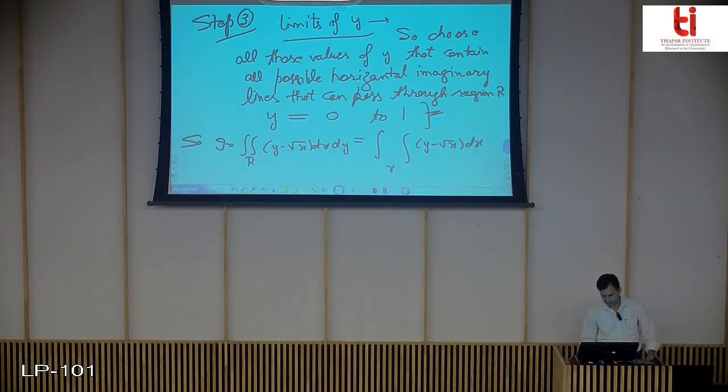For x we have the limit 0 to 1 minus y, and y 0 to 1. So here the main thing is to find the limits of integration using the region of integration, first integrating with respect to x and then with respect to y. Now you can solve the integration, and after solving you will get the answer again as minus 1 by 10 in this case also. So you will again get the same value, minus 1 by 10.